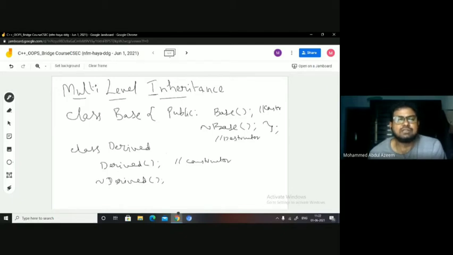But if this class wanted to inherit this class, then you must have a colon here. Yes or no? Colon and then visibility mode. Visibility mode, if I do not give, by default it is private, followed by the class name, right? Base, right? Then what happens? This base class is inherited at the derived class. Yes or no? Fine. Now I can open the brace here and I'm writing all this under public mode, right?